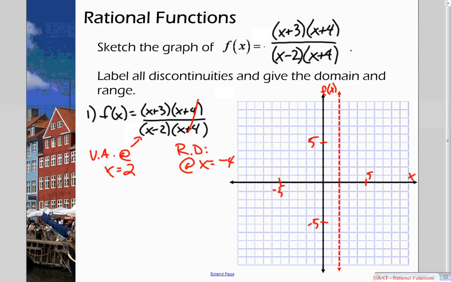Don't worry. So now at this point we need to worry about, so this is going to act like x plus 3 over x minus 2. Okay, the graphs are going to be identical with the exception of the removable discontinuity, which we'll get to at the very end. Now for your horizontal asymptote,